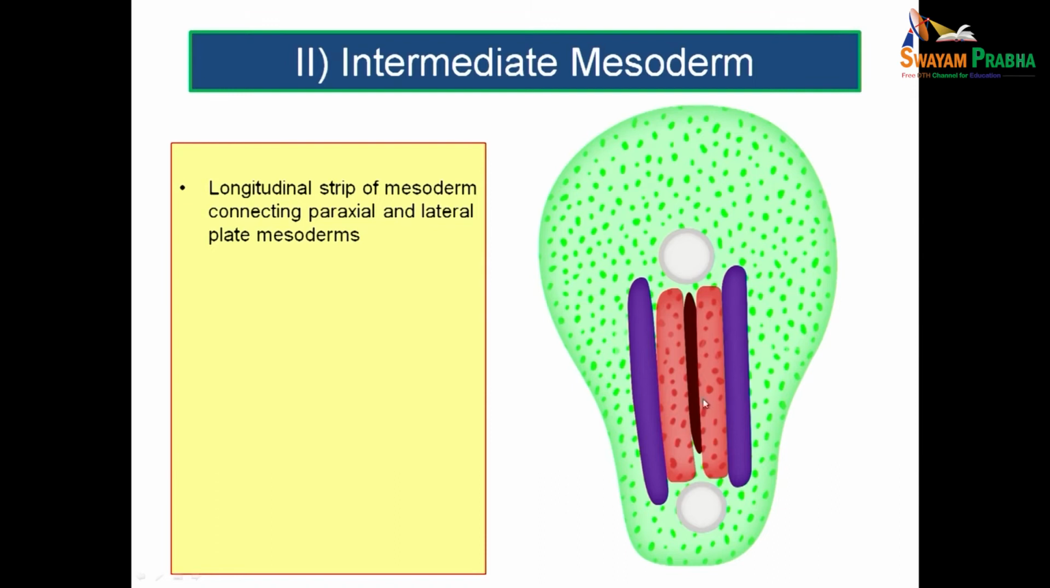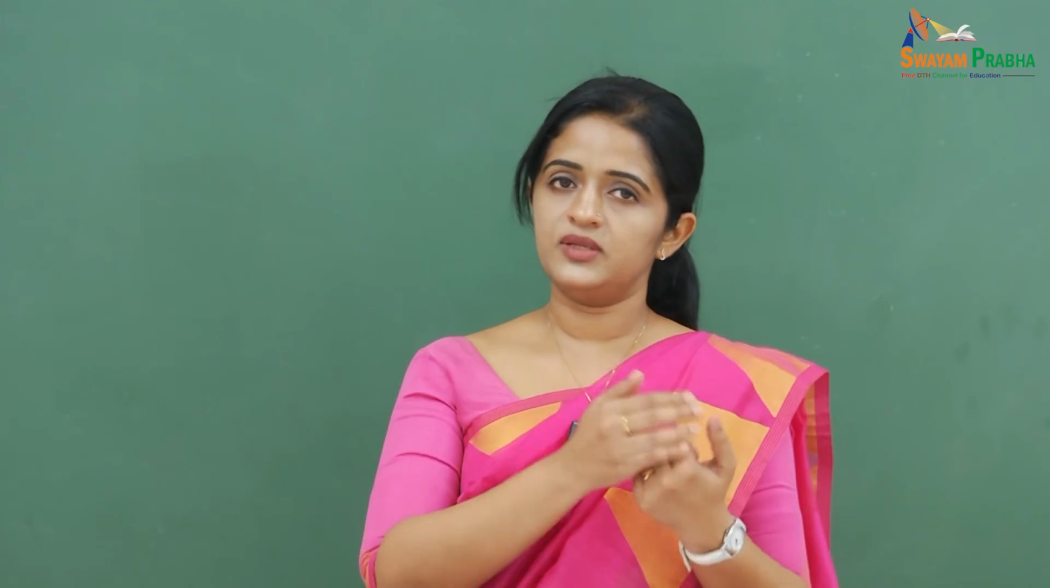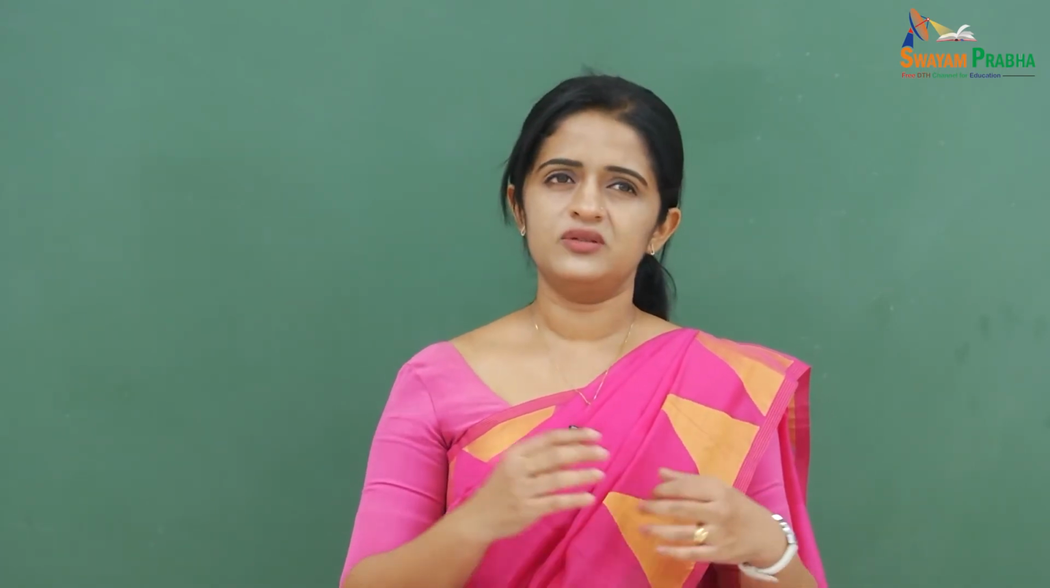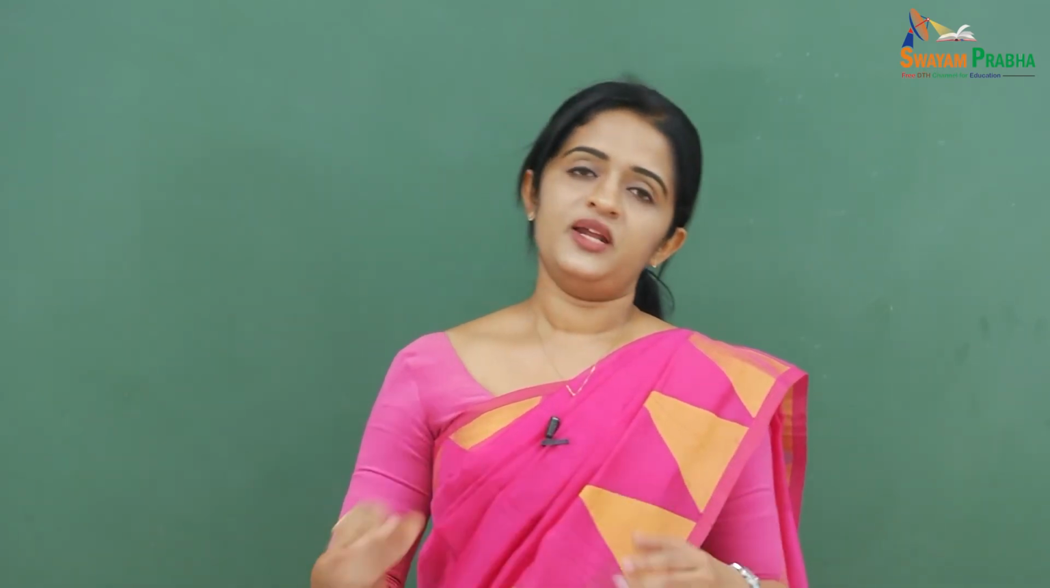This is the notochord once again. You have the paraxial mesoderm on either side, and this violet colored thing is known as the intermediate mesoderm. This is actually a longitudinal strip of mesoderm, and this is actually connecting the paraxial and lateral plate mesoderm. If you consider the intraembryonic mesoderm as a strip, this is actually lying between the paraxial mesoderm medially and the lateral plate mesoderm laterally. So, this is acting as a connector, a longitudinal strip lying between the paraxial mesoderm and